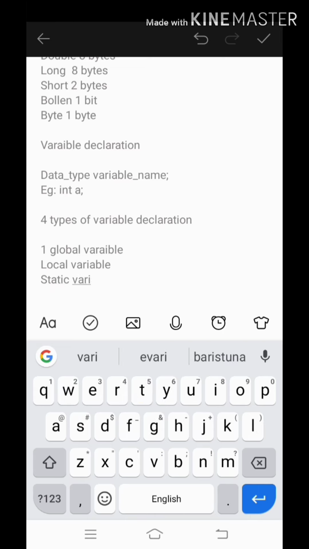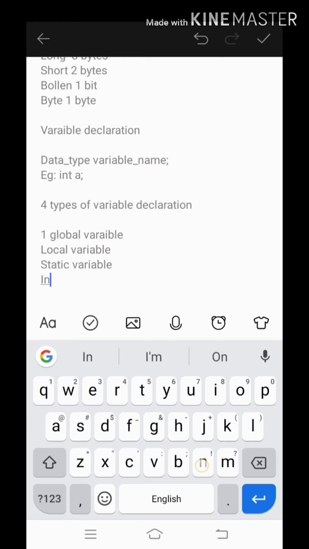These types of variables are created to give dynamic memory, so that after the execution of the program and the object is destroyed, the memory storage for these variables will be deleted, so there will be a memory management technique.